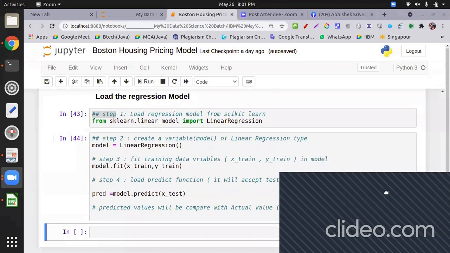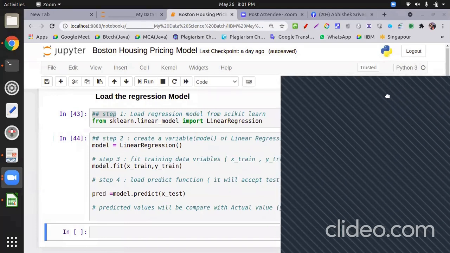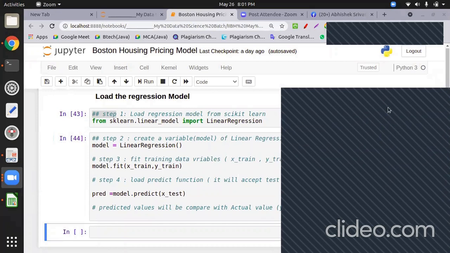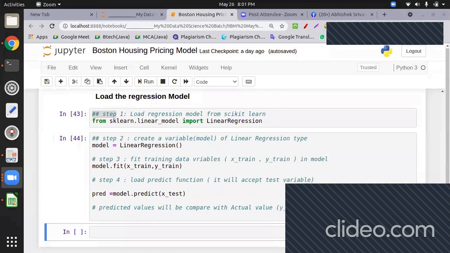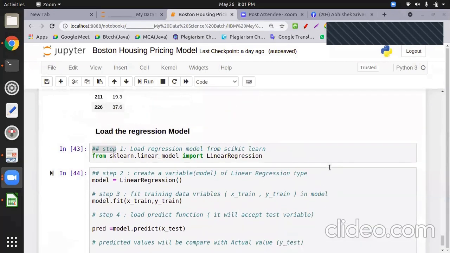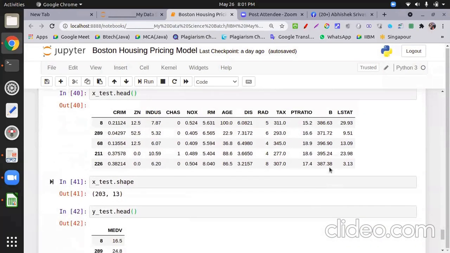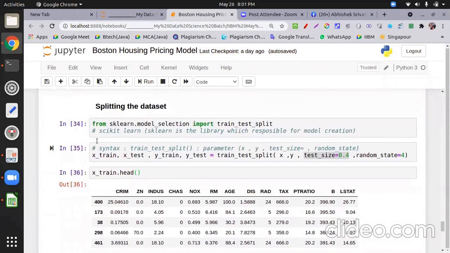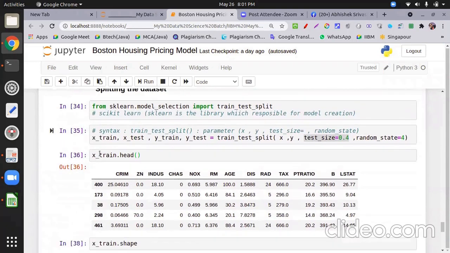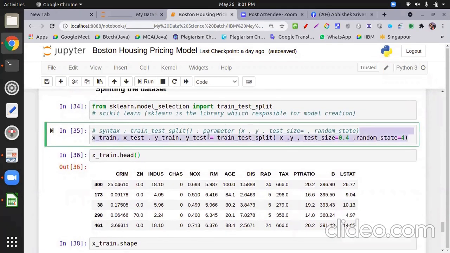Next raised hand is Sahil. Any query, Sahil? Yes, can you scroll up a little bit? I'm getting an error. Give the cell number. Yes, this 35. It says name X is not defined.